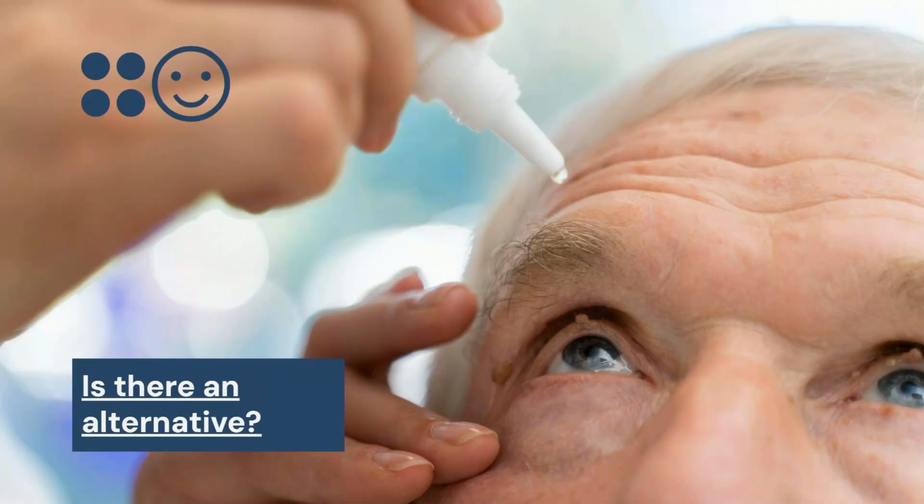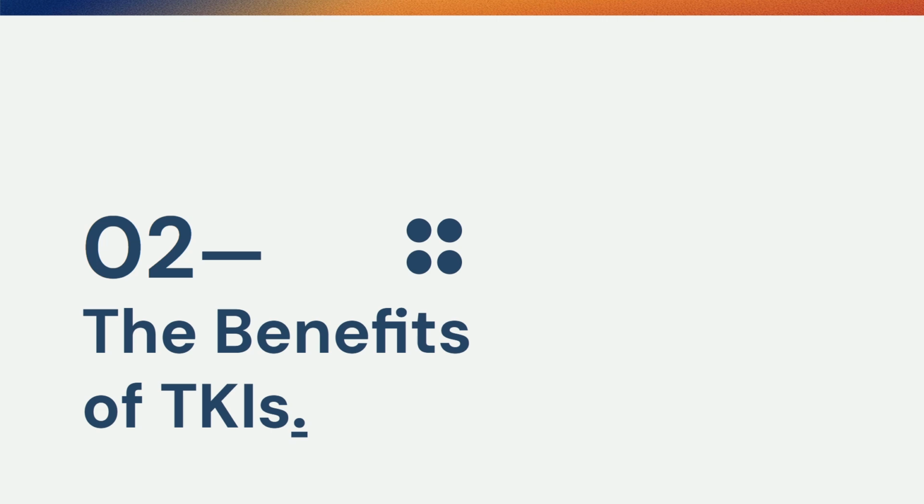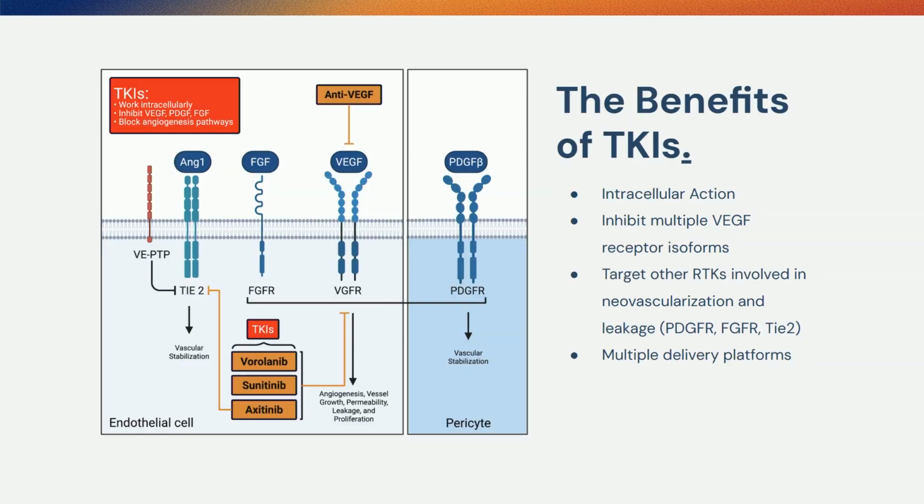So the question is, is there an alternative? Is there a better solution that is more sustainable and patient-friendly? So tyrosine kinase inhibitors seem to be the answer, in combination with anti-VEGF or standalone. All right, so just a little bit of basics about tyrosine kinase inhibitors. These are small molecules. They can cross cell membrane, and they can inhibit angiogenic pathways from inside the cell, like